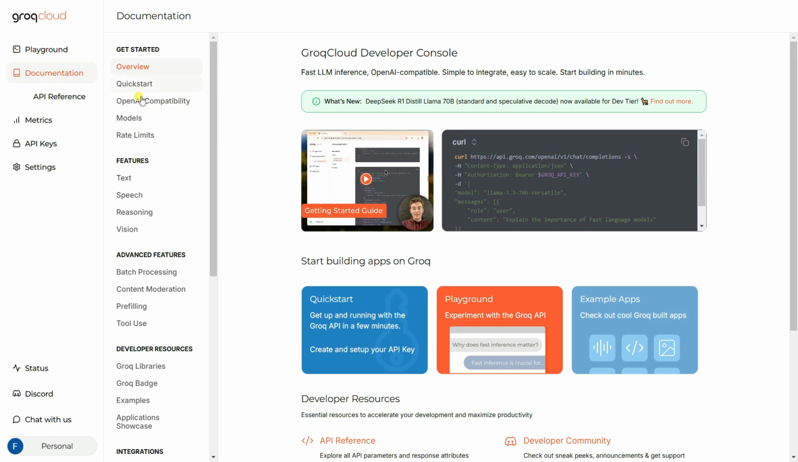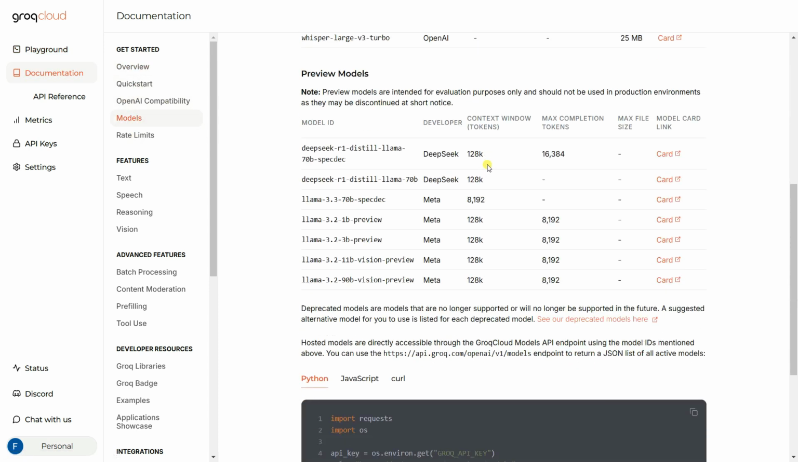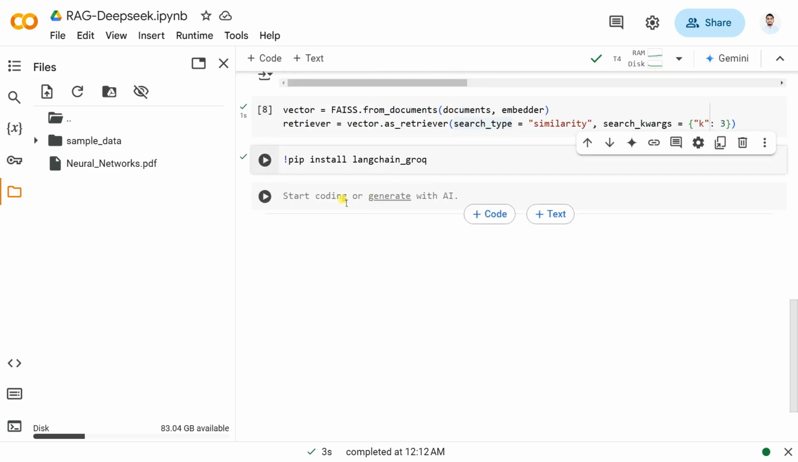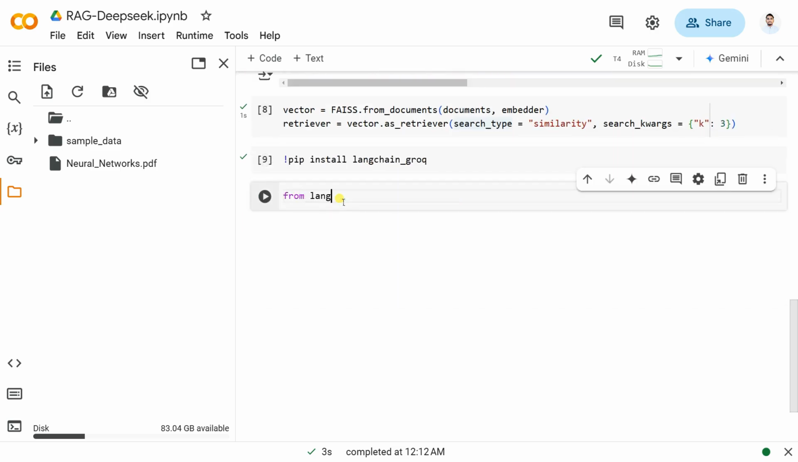If I go inside the models section and go down, you can see we have this model called DeepSeek R1 Distill Llama 70 billion specdec. Or you can also use this one, DeepSeek R1 Distill Llama 70 billion. You can use either this one or this one. So let's try to use this model. I'm going to copy this name, and I'm simply going to go here and import. Let's say from langchain_groq